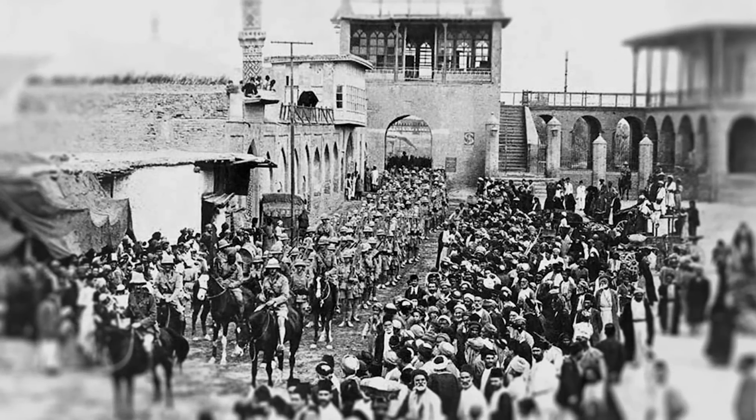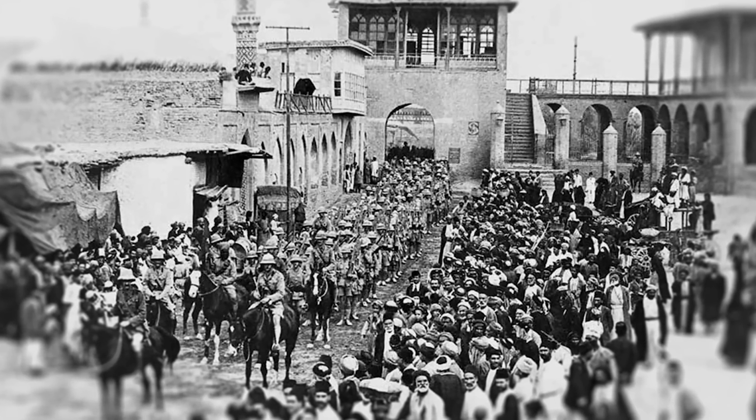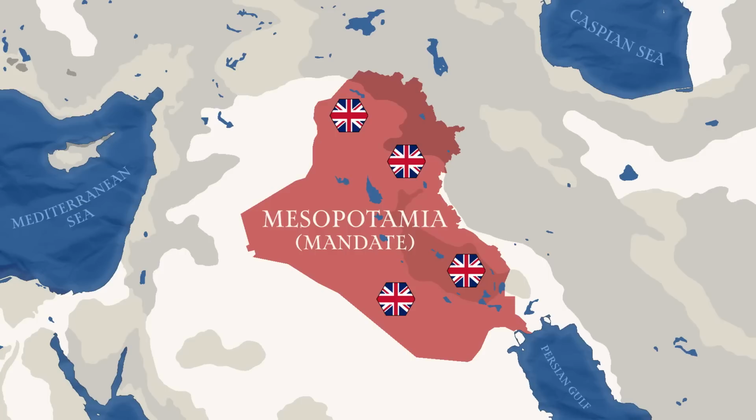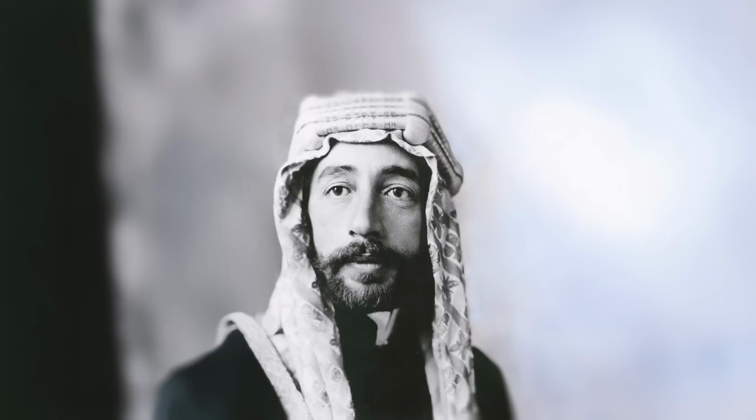The revolt was eventually suppressed by the end of 1920, with 2,050 to 10,000 Iraqis and 1,000 British soldiers being killed. In the aftermath, the British government, under the advice of its new colonial secretary, Winston Churchill, decided to shift its approach in the region. And so, following the Cairo Conference of 1921, Britain opted to terminate its mandate for Mesopotamia, establishing a monarchy under